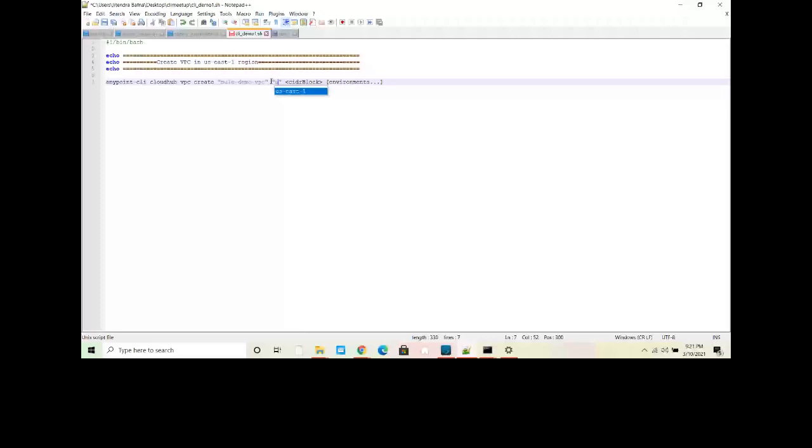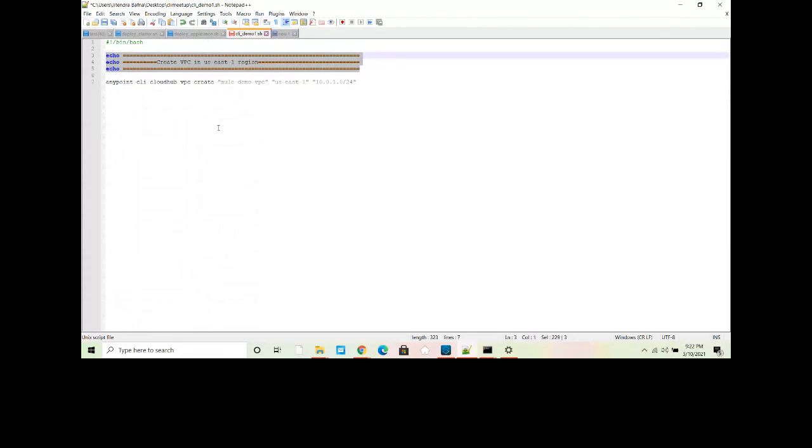Then you have to give a CIDR block, which is classless inter-domain routing. You have to provide a CIDR mask, 10.0.1.0/24. So these are the initial requirements for creating a VPC. I provided a VPC name, a region, and a CIDR block.